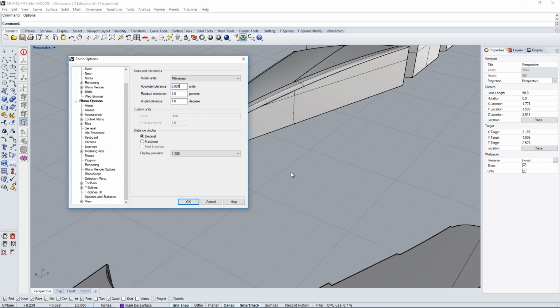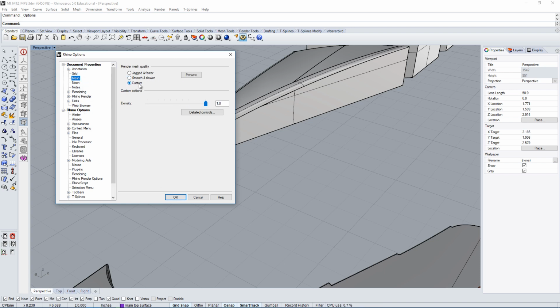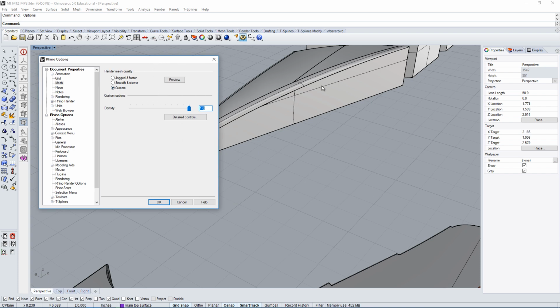Now if you really want to be precise, you can go to 0.0001 for millimeters. The problem with that is it takes more computing usually to cut a surface and get that level of quality in your surfaces and in the way they are trimmed. So for this software, I would say 0.001 for millimeters should be okay. So these are proper settings. And again, I would suggest that you do go to the mesh and use the custom settings with a density of 1. That could also help a lot when you're trimming surfaces, and it could resolve some issues.